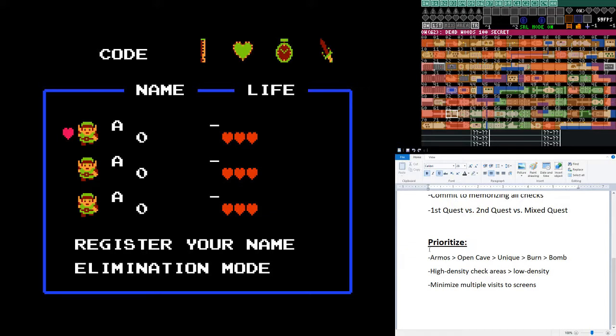So you see this first line here, we have a little priority schedule, and basically I have Armos first, and what that means is there are 5 Armos locations which hide checks. One of those 5 spots will always hide a free overworld item that you can pick up without any additional items at your disposal. That, in my opinion, is the highest priority to route to,